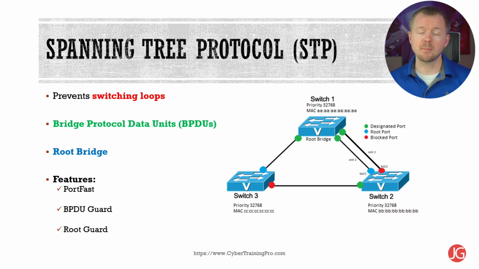You'll only have this enabled on ports with PCs connected to them, not switches, and BPDUs should never come through these ports. BPDU guard is another technology that's useful, and it'll move a port configured with port fast into an error disable state, meaning that it's disabled if a BPDU comes in on that port. Then once that happens, an administrator has to actually manually enable that port. Root guard is another useful tool to help prevent another switch from taking over as the root bridge. You'll find these last three terms on Cisco switches, but let's face it, Cisco owns most of the networking world. Additionally, the Rapid Spanning Tree Protocol, RSTP, the 802.1w standard, replaced regular STP back in 2001, and it operates much faster.